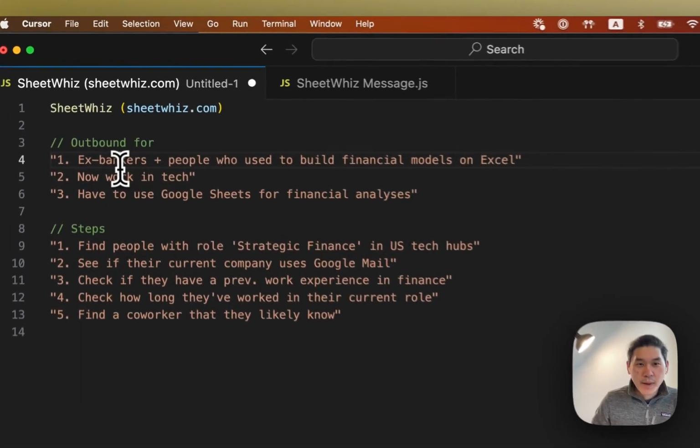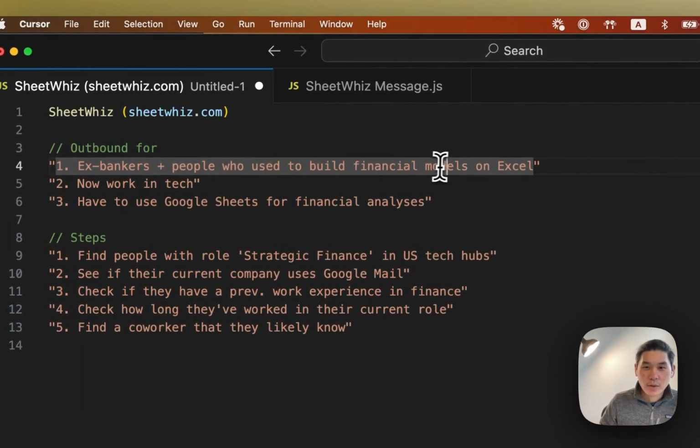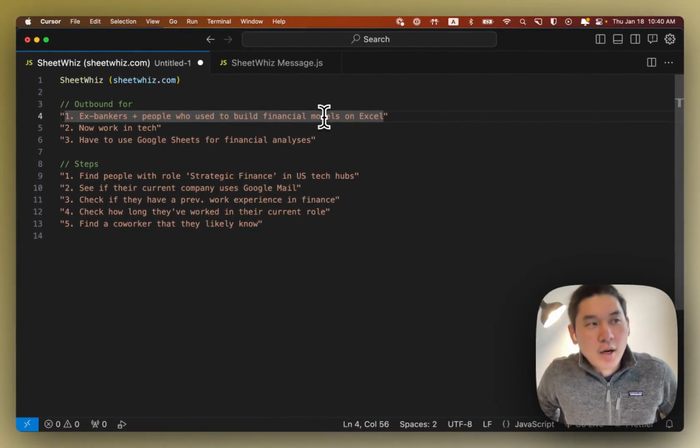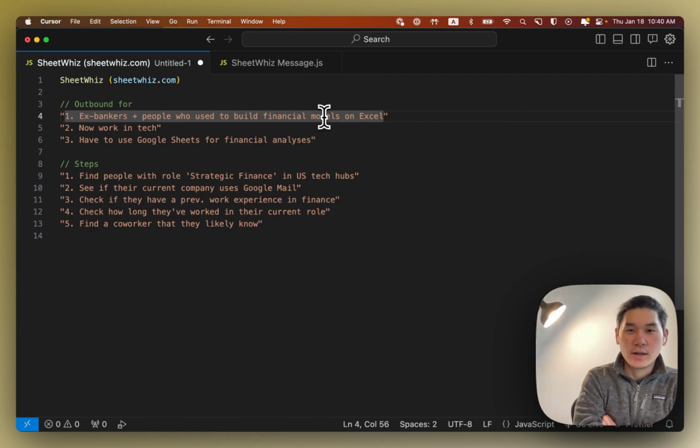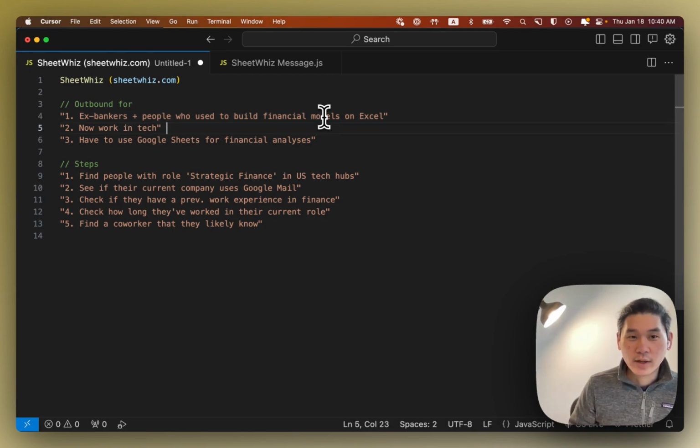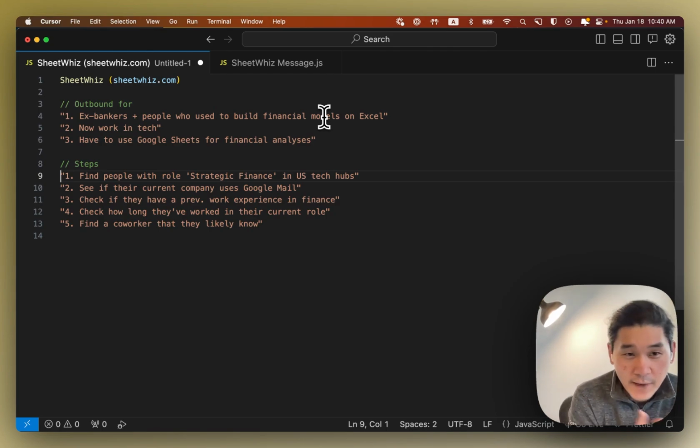So ex-bankers and people who used to build financial models on Excel, right? So they're used to all the sort of the productivity tools that they had in Excel, but can't find it in Google Sheets. They probably now work in tech since they're using Google Sheets, and they use it today, right, for financial analysis. And so the steps that I took was first I found people with a role strategic finance